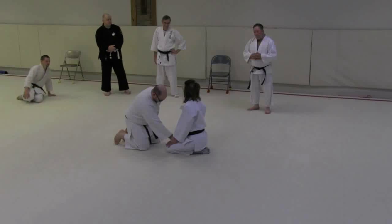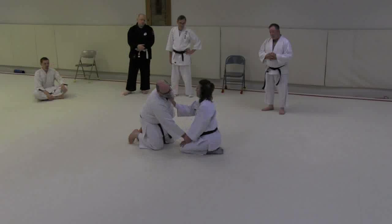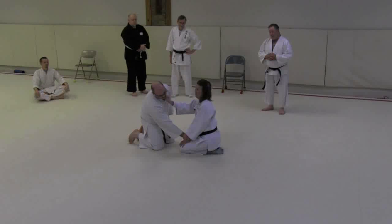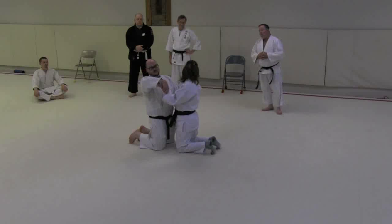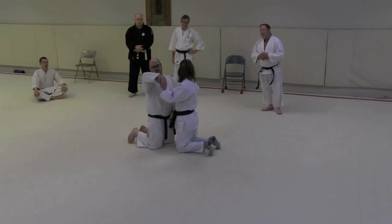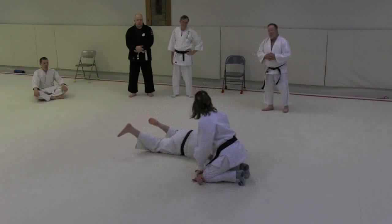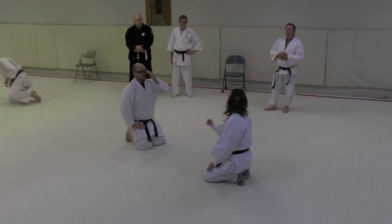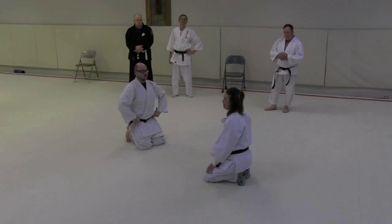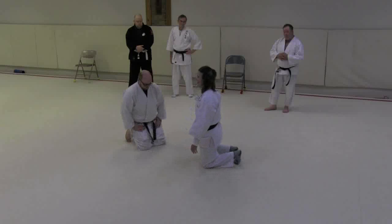Okay, so now we investigate another way to deal with getting a little bit of mobility, and that is to give him a sincere, but he's your friend, so only a sincere but not real, punch to the face. Now he's going to rock back some, right? And as he rocks back, you come up under, classic hiki-taosh grab, and then you just move away. But the idea is you get him light by encouraging him with an uppercut that you don't actually do in here